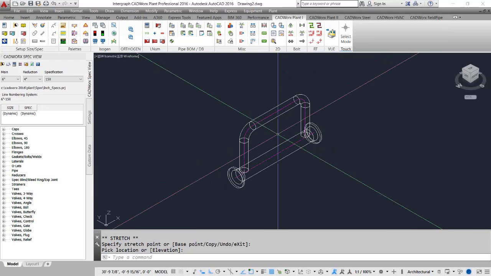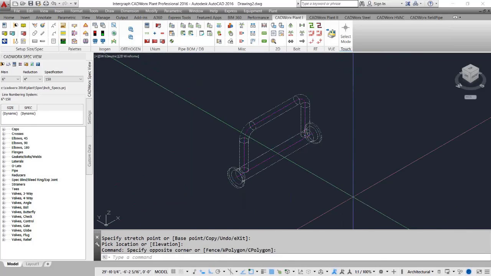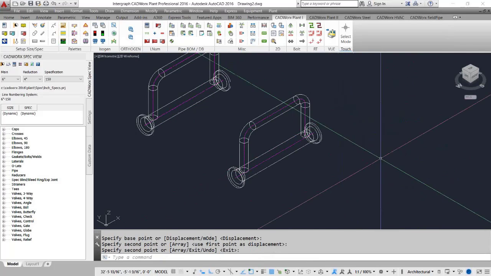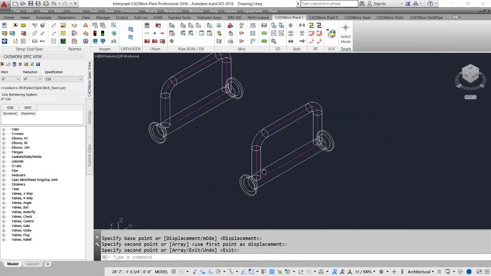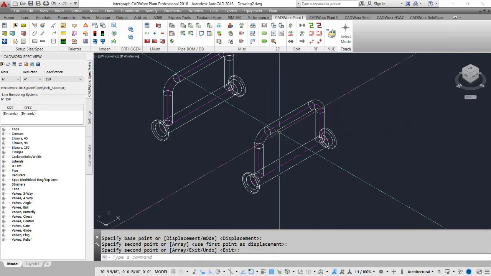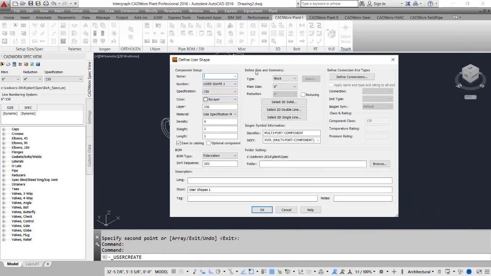So before I get started with this, I want to make a copy of it. So I'm going to do a copy command and just do a little offset here. And you'll see why I did that here in just a moment. It's one of the benefits of using CADWorx components when it comes to building our user shapes. So here I'm ready to build my user shape. I can launch my wizard, and my size is already set. We'll just call this meter. I won't spend too much time here. I know we're getting short on time. This will be flow meter,